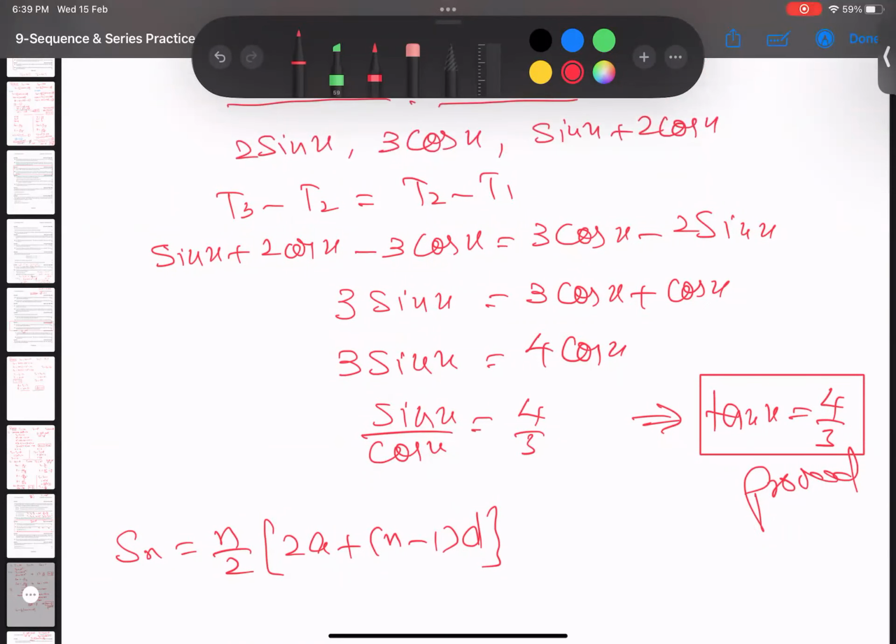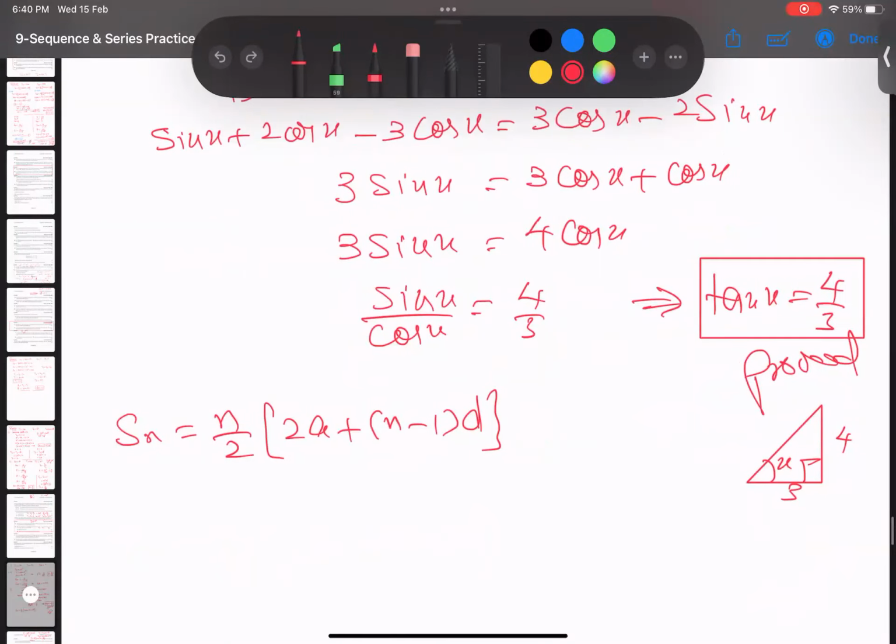So I will plug in, but we need what? First term, and we need common difference. First term, you can get it if I need a sine x value. Two approaches are there; you have two choices. So tan is opposite by adjacent, which is x. I can take tan inverse of 4 by 3 also, but I will do